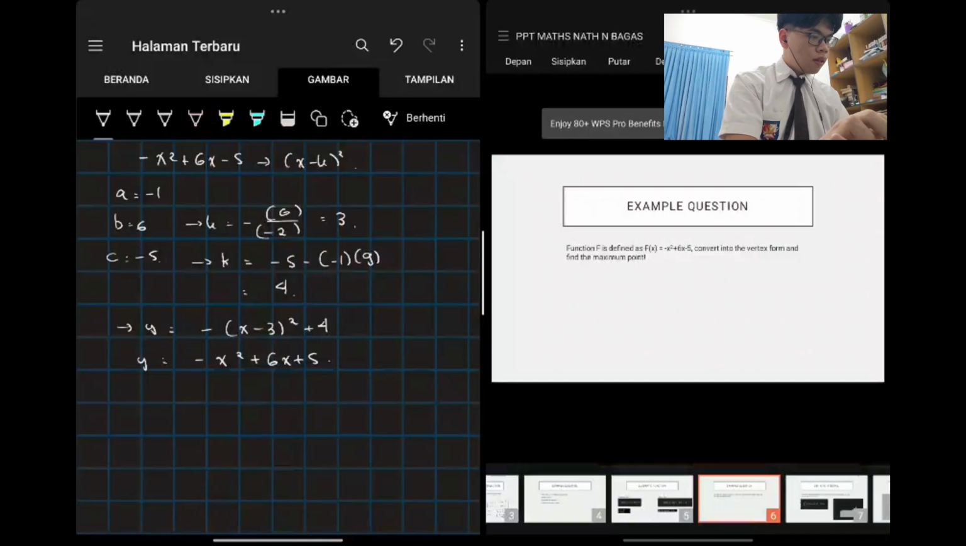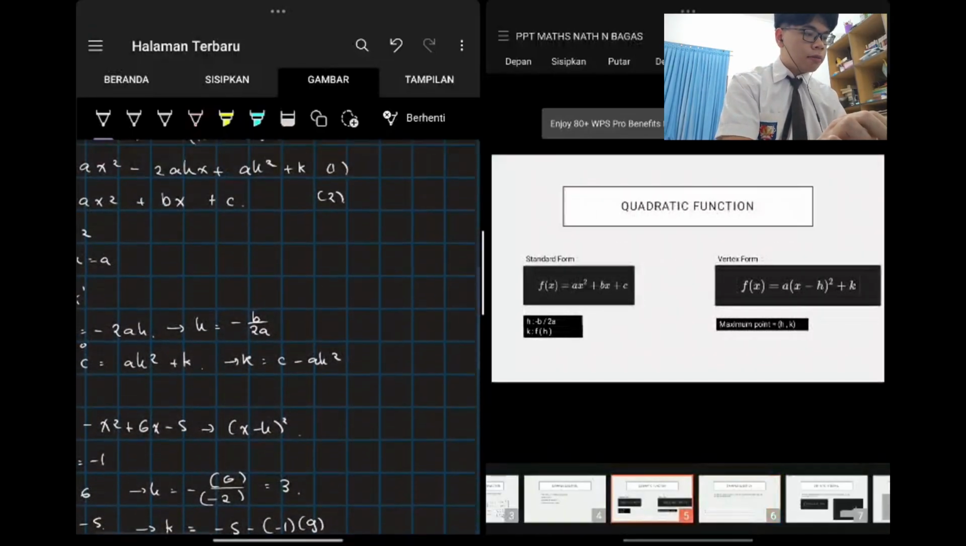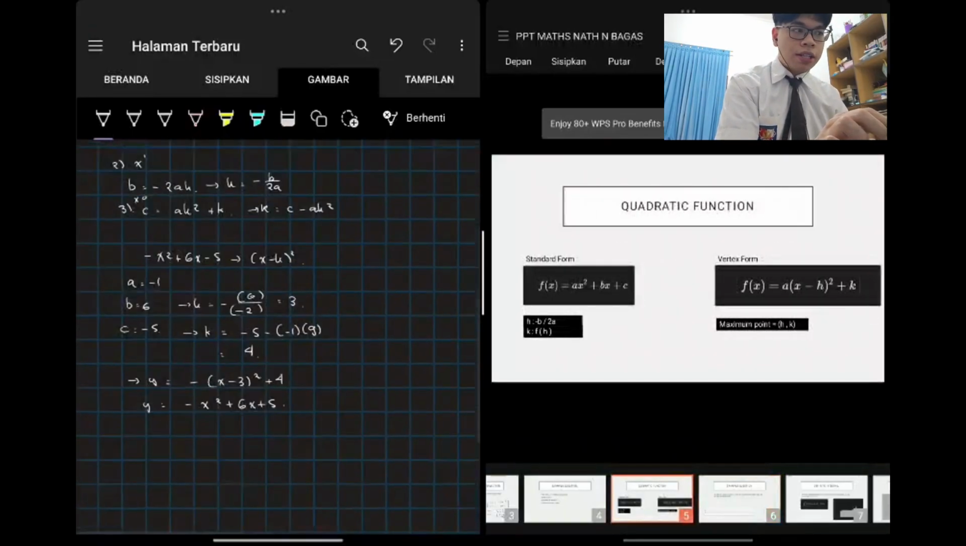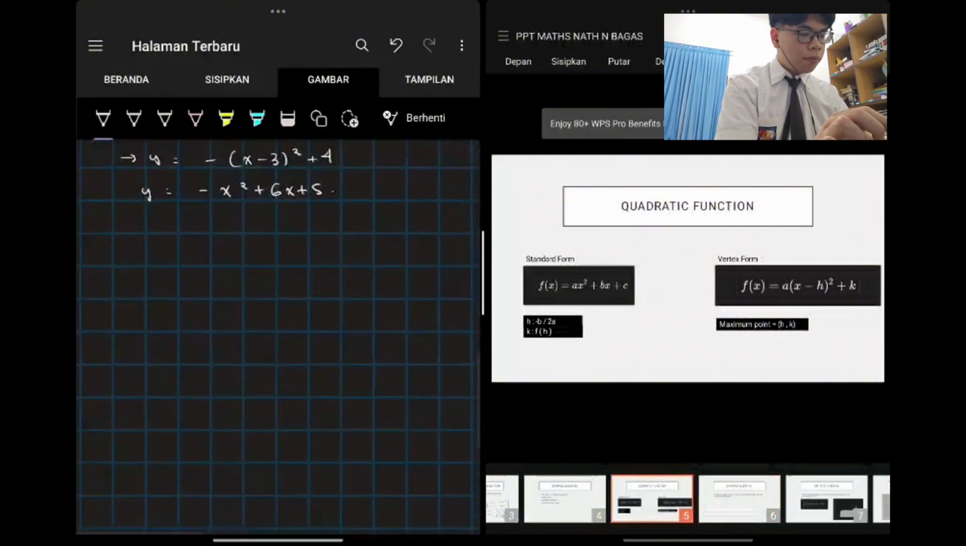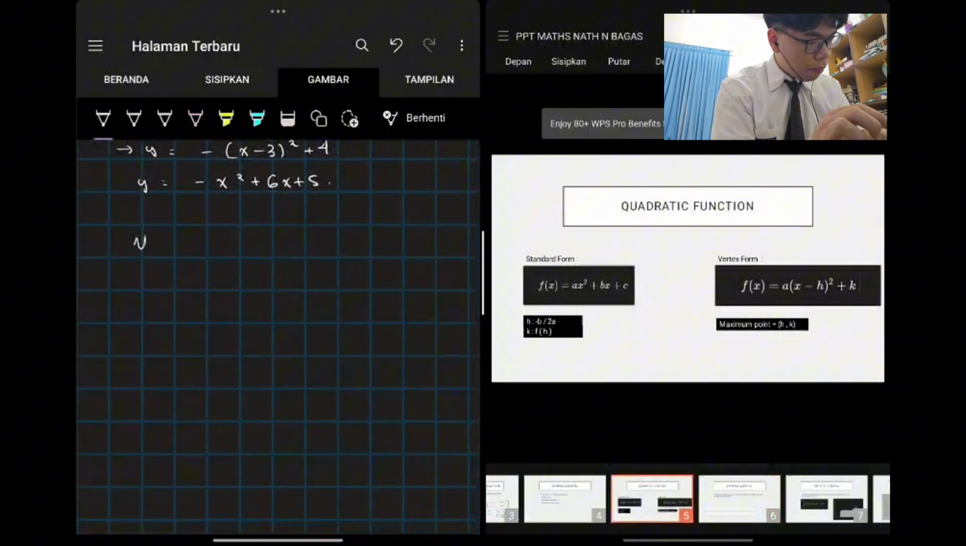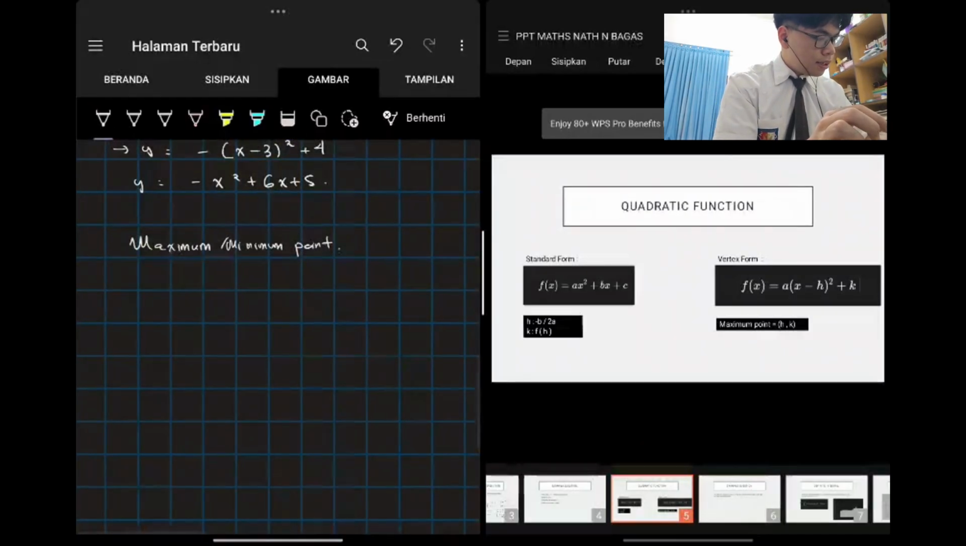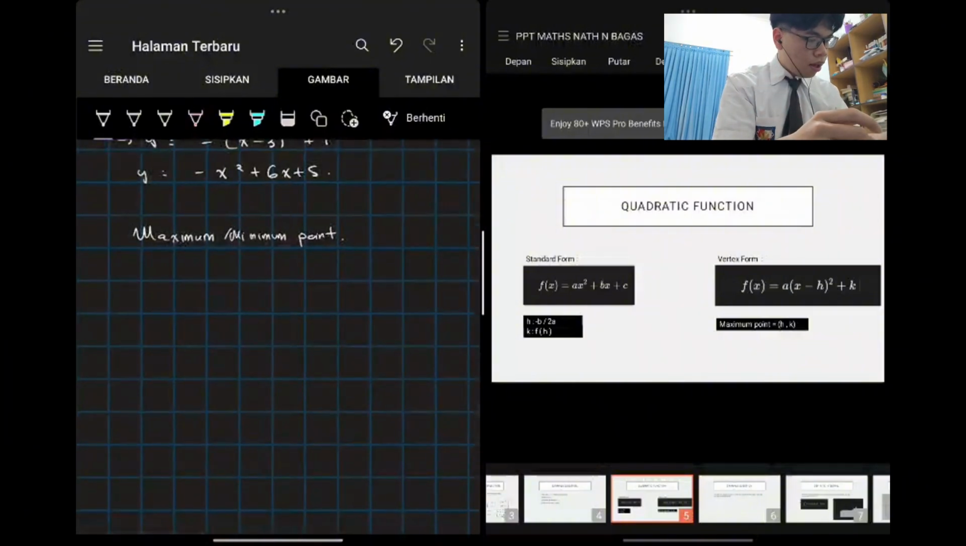For the second part of the quadratic formula theory, I'm going to talk about the maximum or minimum point. Sorry. So, a maximum or a minimum point of a quadratic equation,